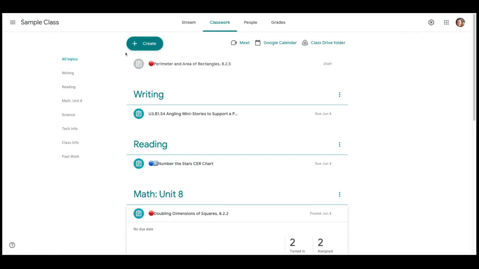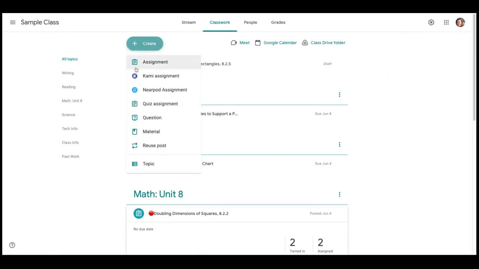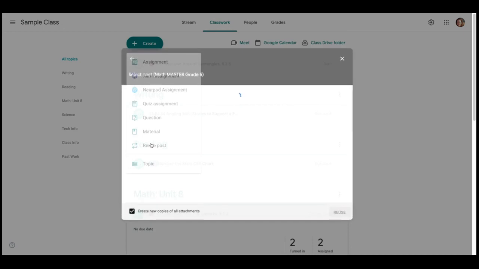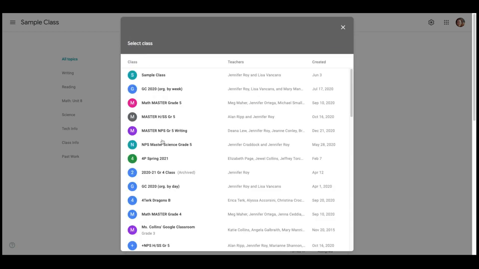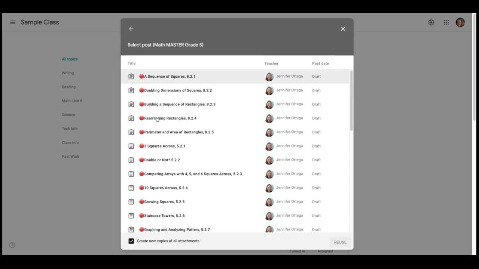To reuse an assignment, click the Create button and go down to Reuse Post. Here you can see I'm in the Math Master class for 5th grade. If you want to select an assignment from a different class, use the back arrow at the top. Select the class and then the assignment. I'll go back to the Math Master and I'll pick this perimeter and area of rectangles assignment, which is lesson